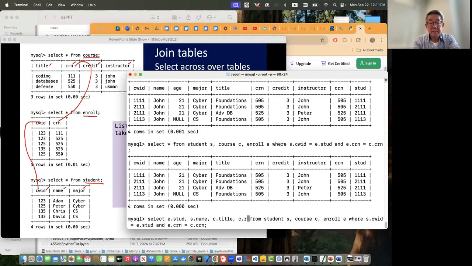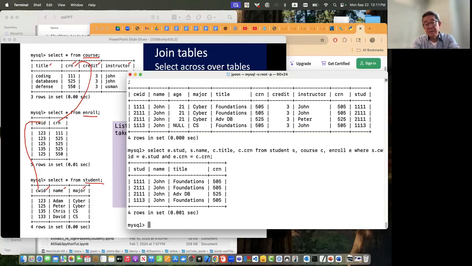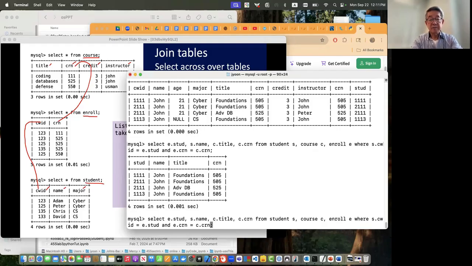And then course CRN. So much, I mean, it's a smaller list, right? Within that, I want to say the where clause. No, in the where clause, one more condition: CRN number, because CRN is an integer, right? So that I can put here CRN is less than 510. Then I can